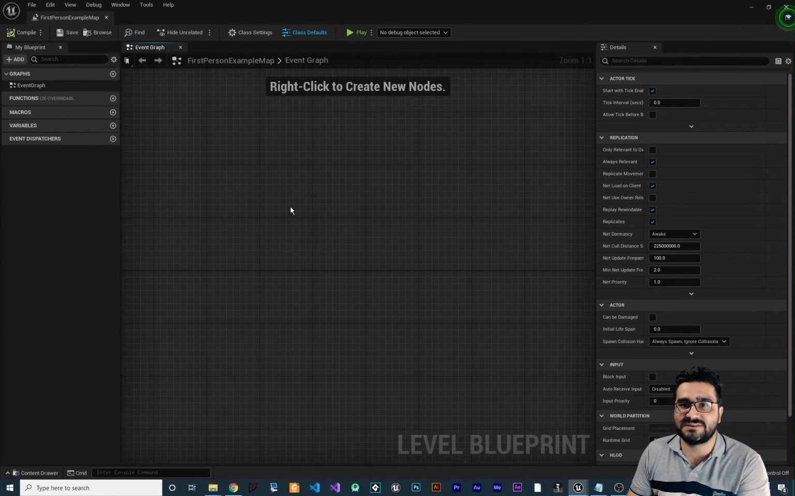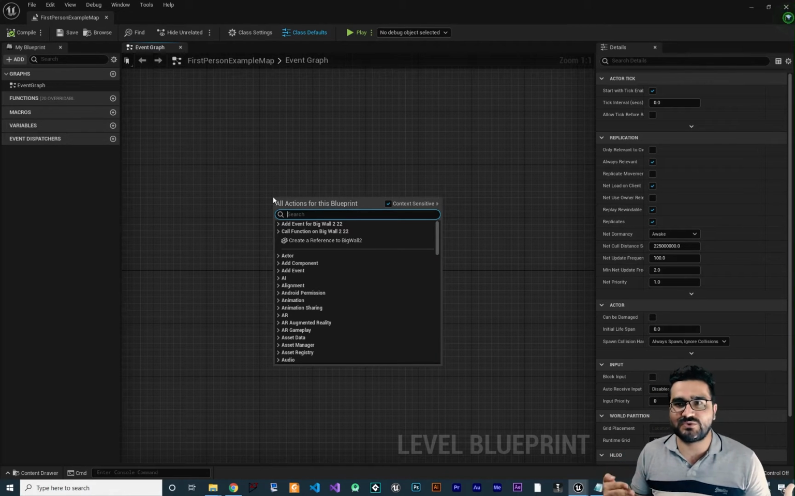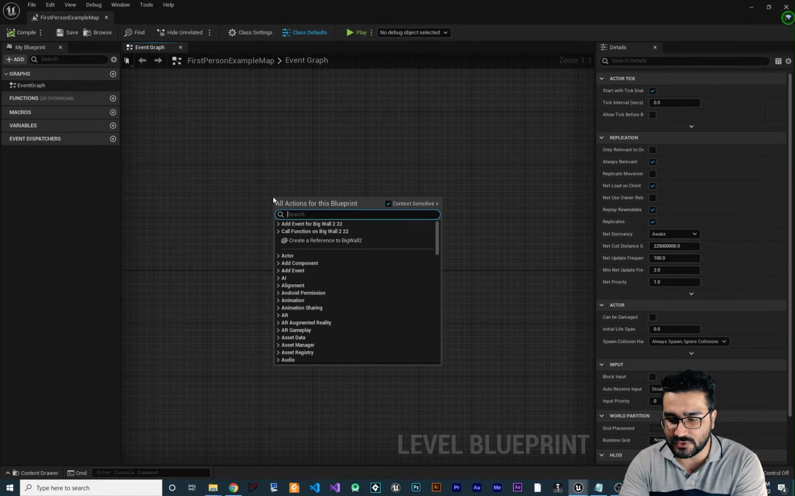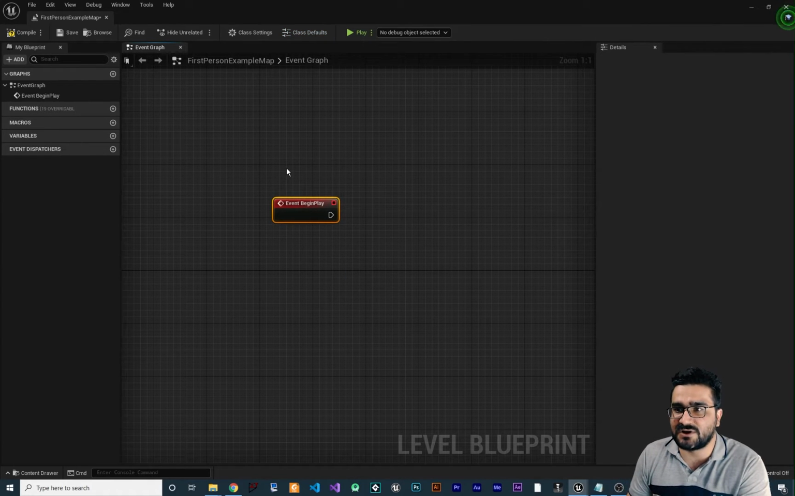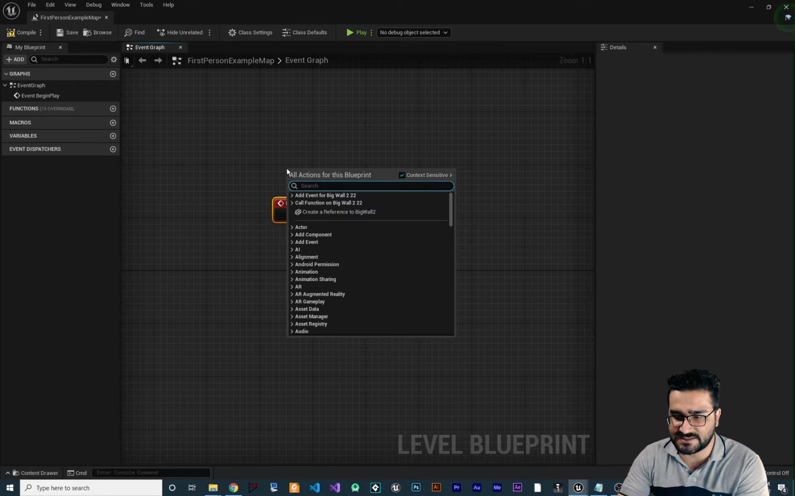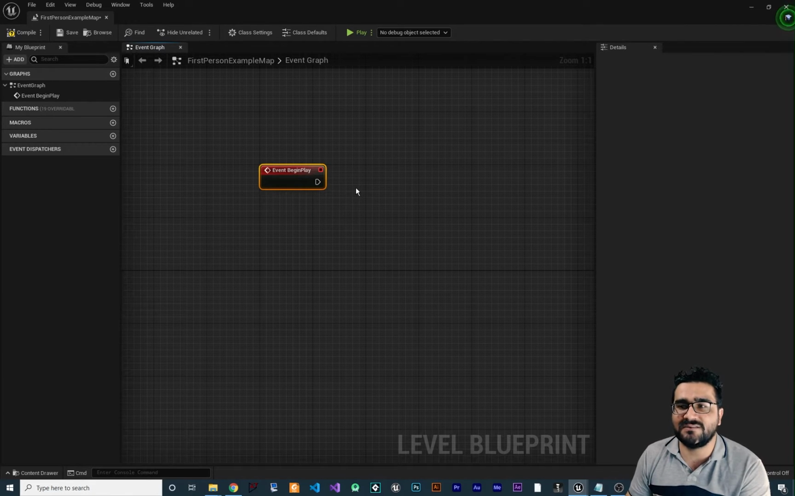First things first, if you right click, you can create a node. Node is all of those conditions that you can apply to your game, okay? For example, first node is event begin play. I just right click on my mouse and search for event begin play, okay? Whenever your level runs, this event begin play will run once, and there is